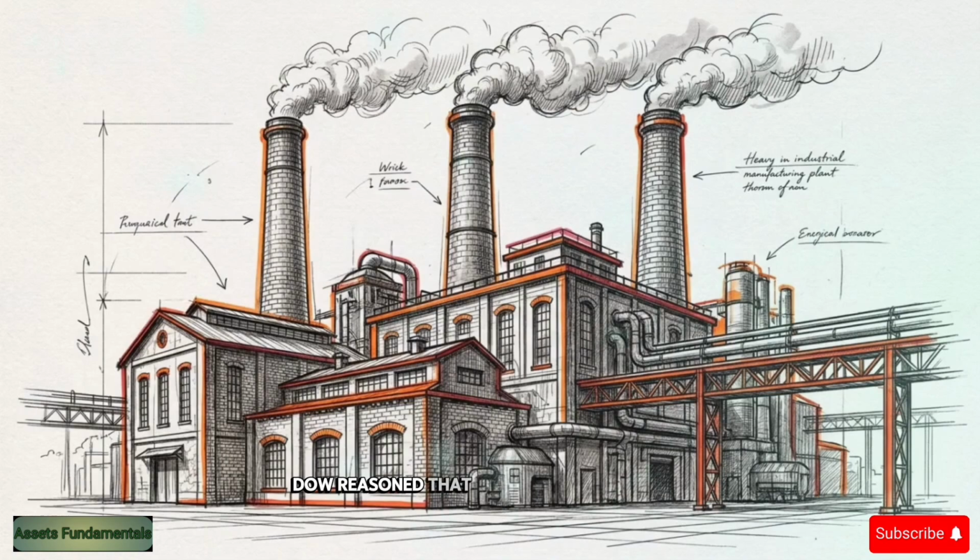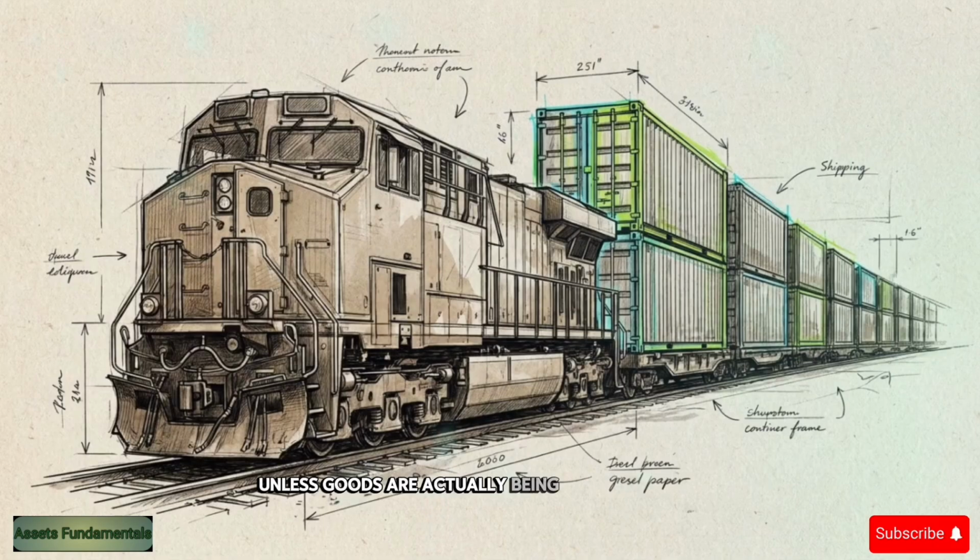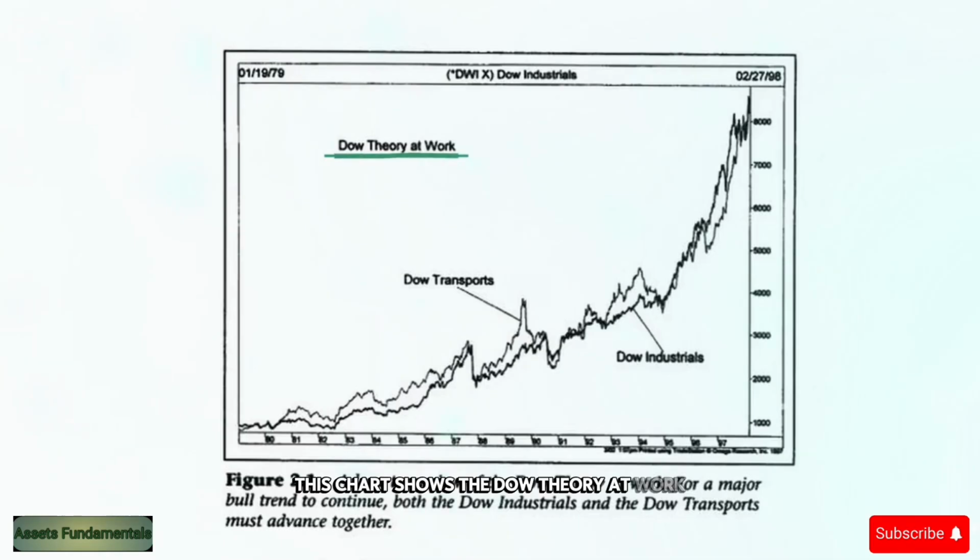Dow reasoned that a manufacturing boom indicated by the industrial average is an illusion unless goods are actually being moved to market, which must be reflected in the transport average. This chart shows the Dow theory at work. It tracks both the Dow Industrials and the Dow Transports over a long-term bull trend, showing how closely the two